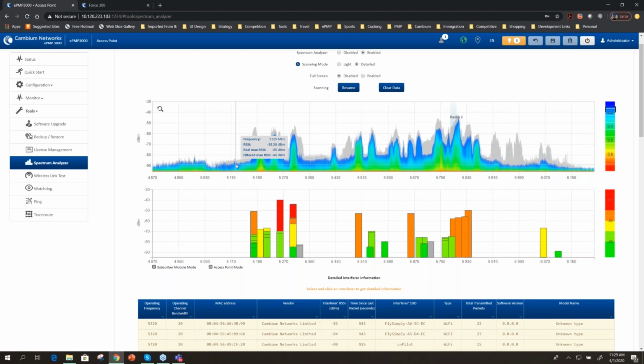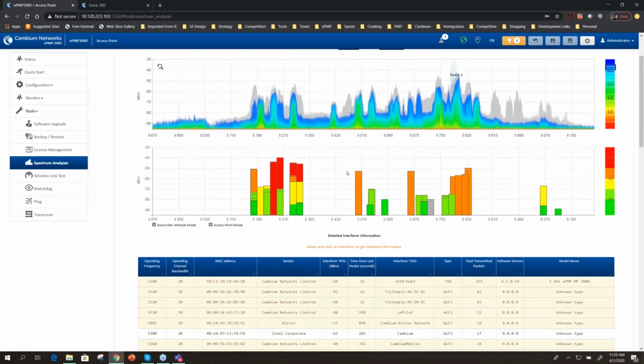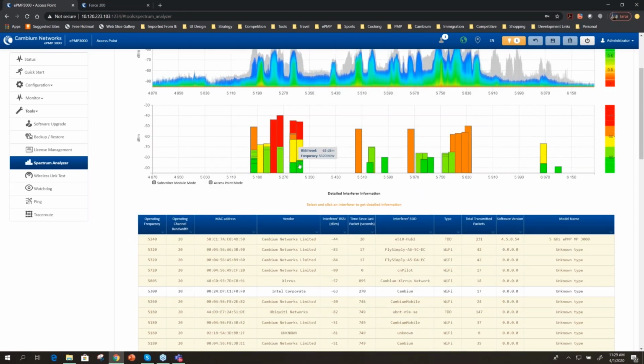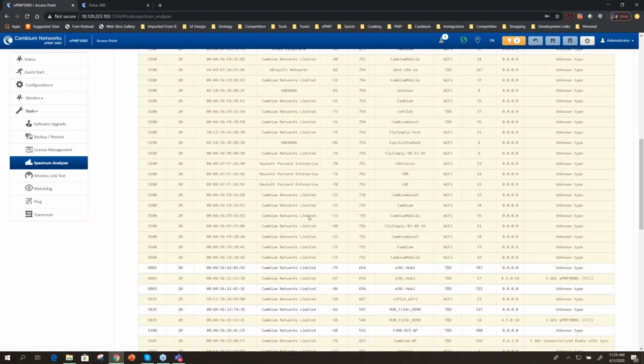So while we don't give you one single parameter, what I'm trying to communicate to you here is that the combination of spectrum analyzer, MCS distribution, SNR, RSSI, all of this should be used in conjunction to make sure that your network is running well. And if you need to move to a different channel, you do so. As you can clearly see on the spectrum analyzer, you have quite a few additional pieces of information. All of these are interferers, so you can actually come down and see everything we are seeing in the network.